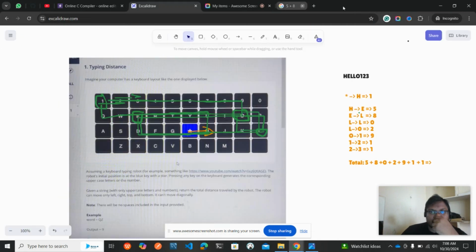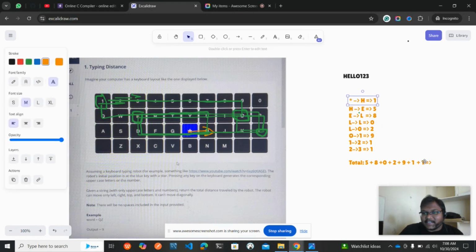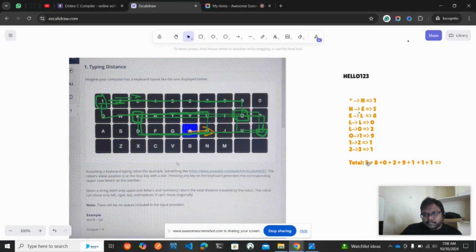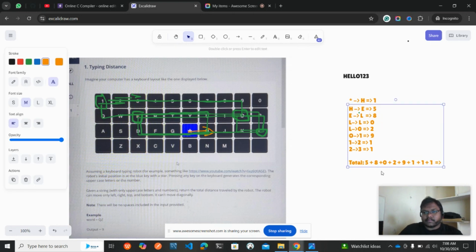Sorry, I didn't count the first one. So this is the first thing, right? Okay, I didn't count this one, which is 1 plus 1. So let me copy this entire thing. So let us count the entire total. So total is 1 plus 5 plus 8 plus 0 plus 2 plus 9 plus 1 plus 1 equal to,